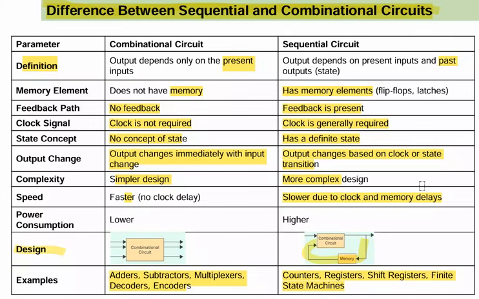So the question may come for 4 marks in the examination: compare sequential and combinational logic circuit. You need to write 6 to 7 points along with this diagram if you want full marks,